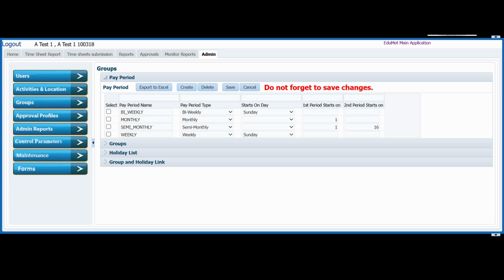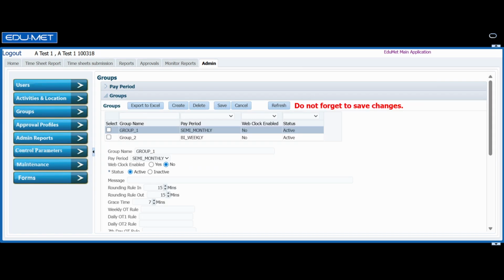Before updating or deleting a pay period, the admin must ensure that the pay period is not already assigned in the Groups table under Admin tab, Groups option, Groups accordion. The second is Groups. This is where the admin creates and manages groups. A group contains the following fields: